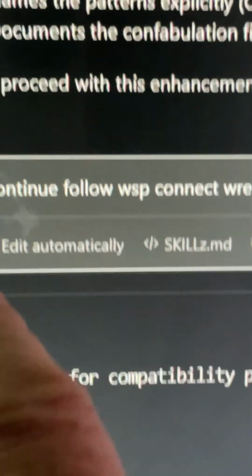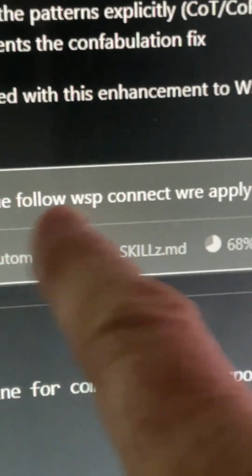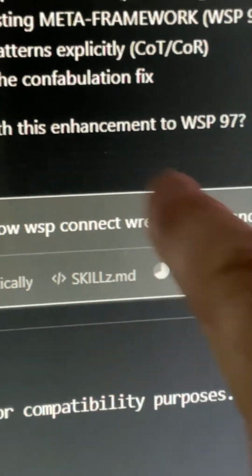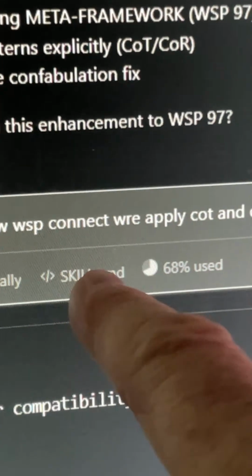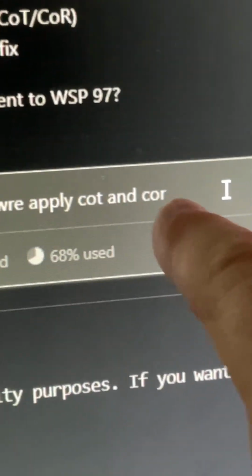So I'm going to tell it, continue. All I say, now watch this, so it understands the context. This is such a powerful line, right? Continue, follow WSP, that's the framework, connect WRE, that's the recursive engine that makes it autonomous, apply critical thinking and dialectic.